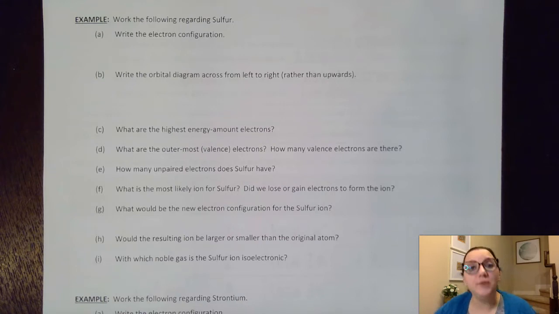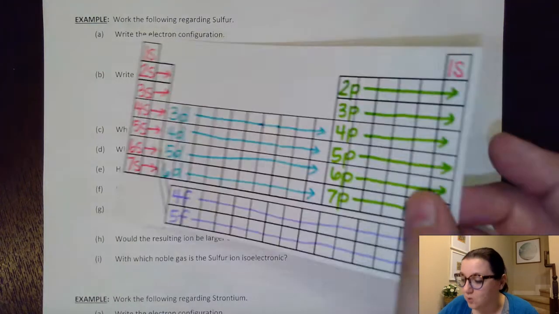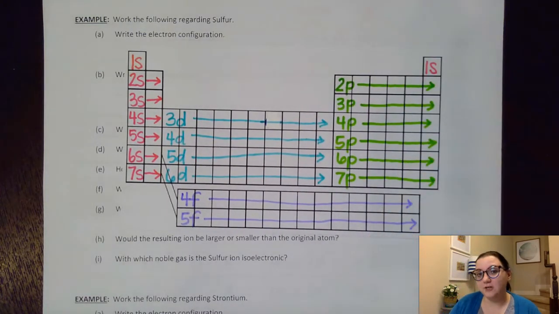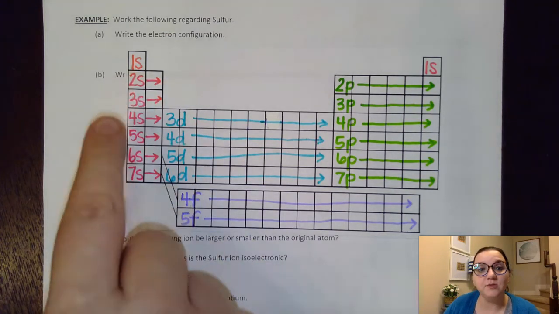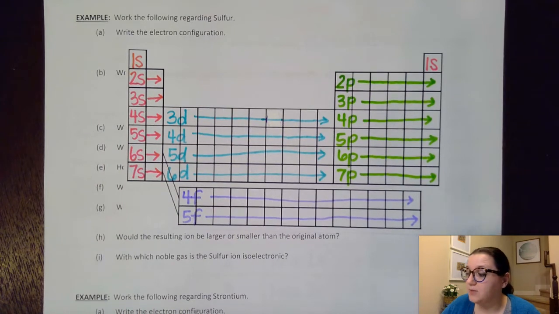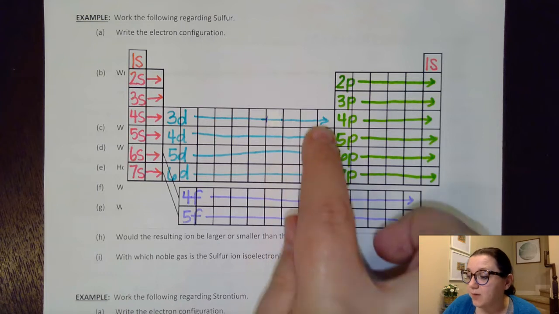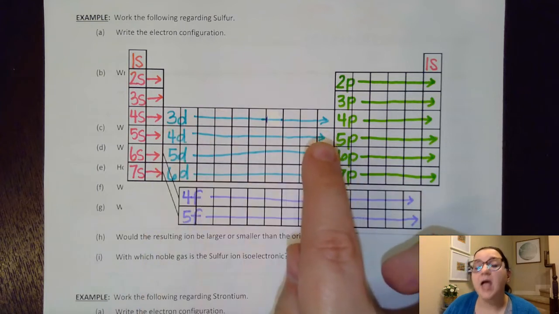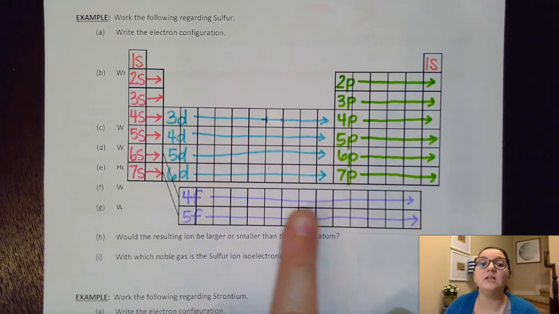Hey guys, Miss Marusek here, and in this video we're going to continue to look at electron configurations and orbital diagrams for describing the placement of electrons within an element's electron cloud. In our previous class, we looked at the filling order that those electron configurations and orbital diagrams would have. We said that our S sublevels fill up in those first two columns. Our P sublevel fills up in this section over here on the right. Our D sublevels fill up in the transition metals, and then in the lanthanide and actinide series, we fill up